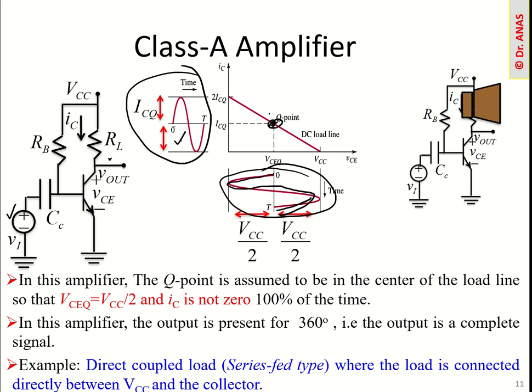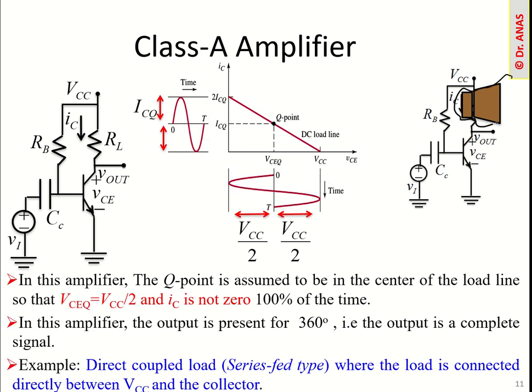But if we change the Q point, this output signal could be truncated, could be distorted. So that is the reason for this case. Typically this is one example. Typically we place a load speaker at load point, like this here. So this is the class A amplifier. Now basically what is happening here,